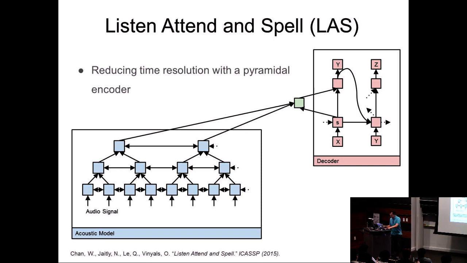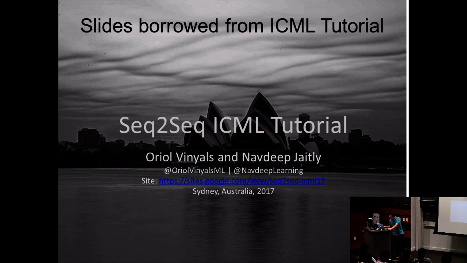And by the way, I should also point out that a lot of these slides were borrowed from the sequence-to-sequence ICML tutorial. So I encourage you to look at it; I think they have a recording of the whole thing. If you're really interested in these models, Oriol and Navdeep from Google did a really good job of summarizing a lot of different things. And I think they also put some code online. So if you are interested in these models, you're more than welcome to look at the code.